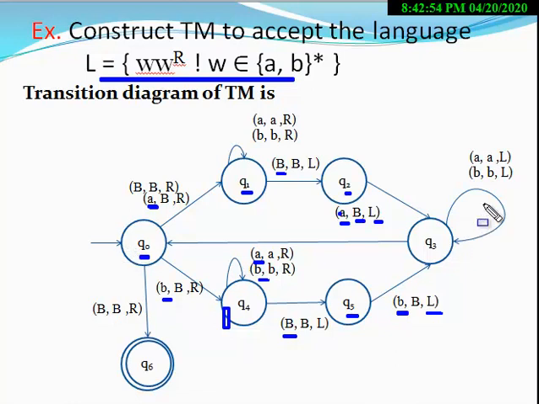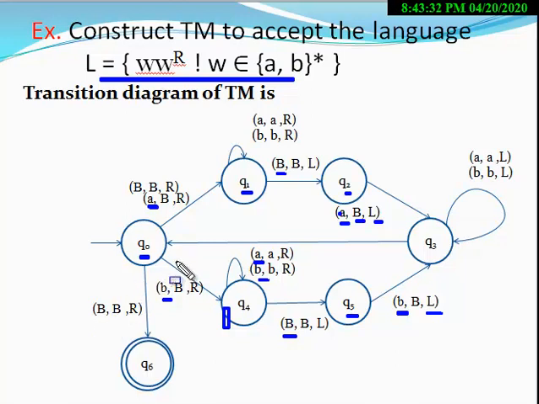If the tape symbol A or B appears, then the machine moves in the left direction only without changing its state. So now, when at the state Q3 the blank symbol appears, the machine goes to the Q0 state. At the Q0 state, the machine again uses either this cycle or this cycle, right? When all the input strings are eliminated from the tape, then at the state Q0 the blank symbol will appear.